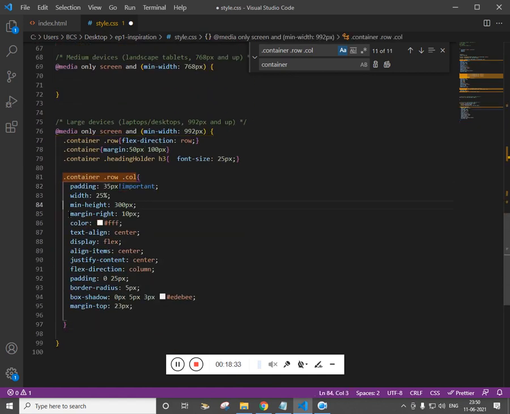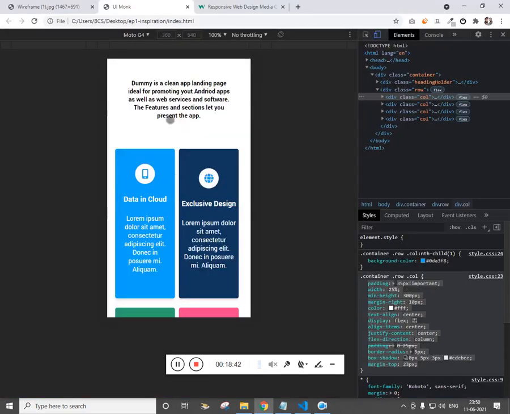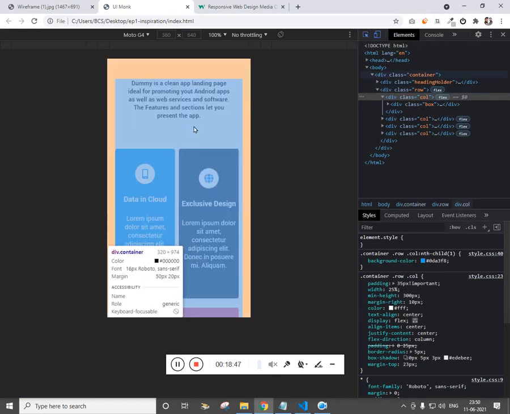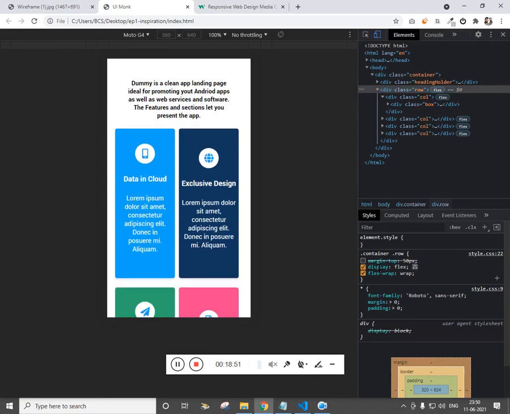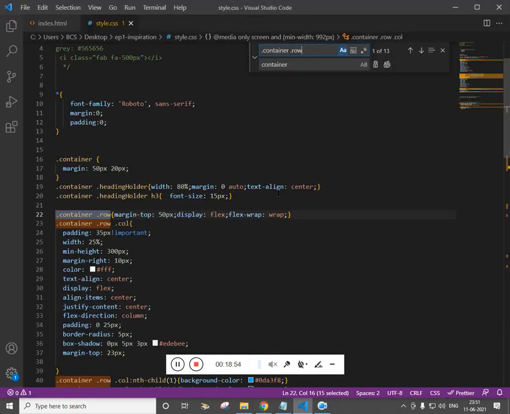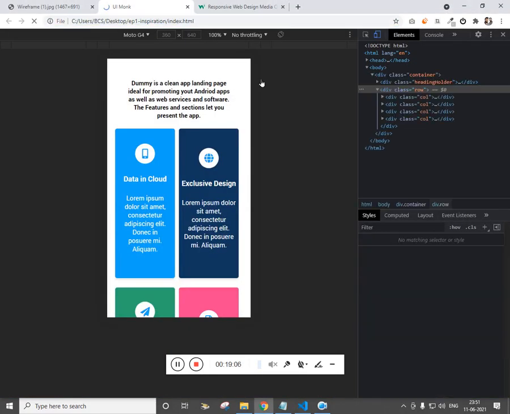We have modified padding and width, so everything is kept same, but for desktop it should be 0 and the width should be, let's see, let me remove the margin top for the row. For the mobile, it should be 0, but for desktop it should be 50. Refresh it. Cool.